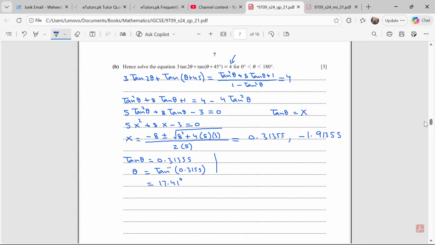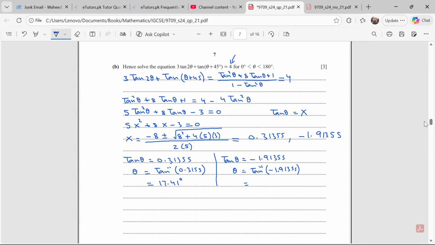Now the second answer was tangent theta equals negative 1.91355. So theta is equal to tangent inverse of negative 1.91355, and this gives me a value of,